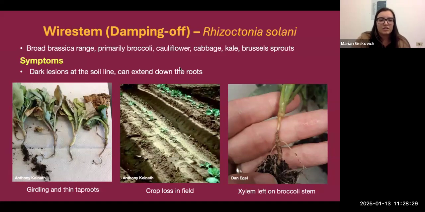And then if this infection occurs at later growth stages, it might just reduce or prohibit any head growth. And then a big issue of infection at plant maturity is bottom rot. The same exact fungal species, but just a different disease name. Bottom rot is basically on cabbage or kohlrabi, where they sit super low to the soil line, so that tissue just starts to rot on the bottom, hence the name bottom rot.